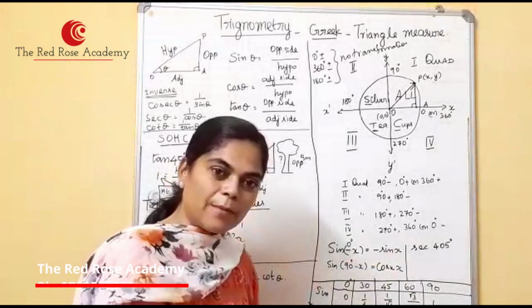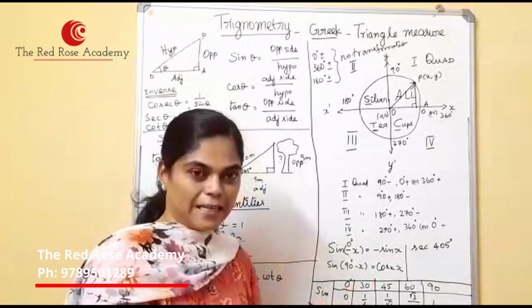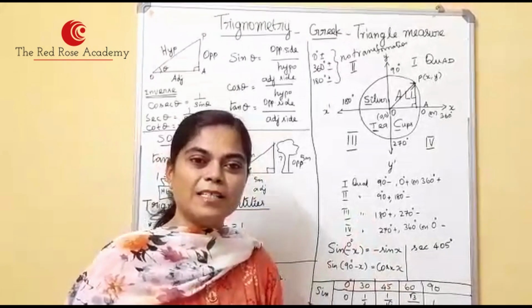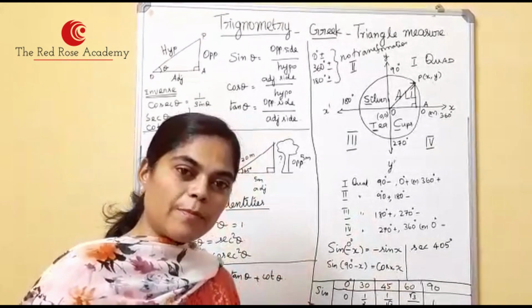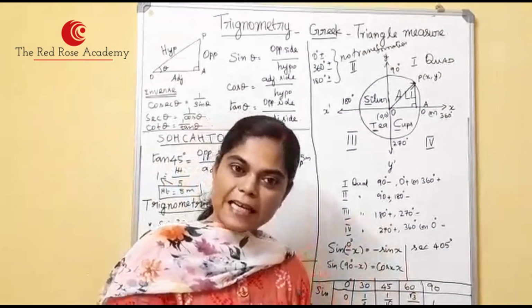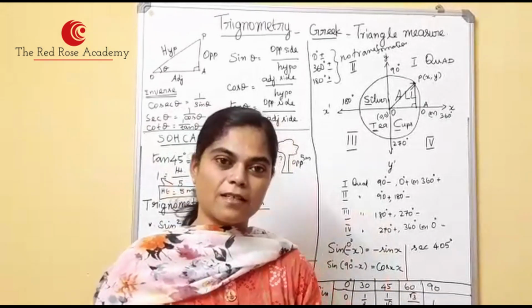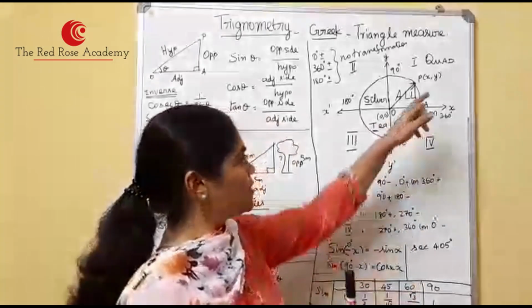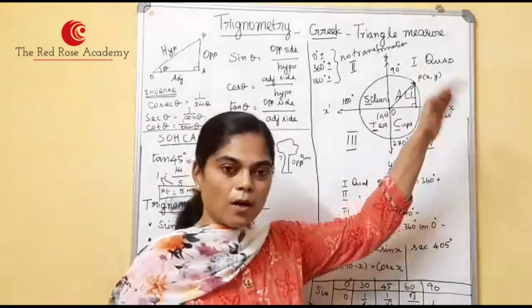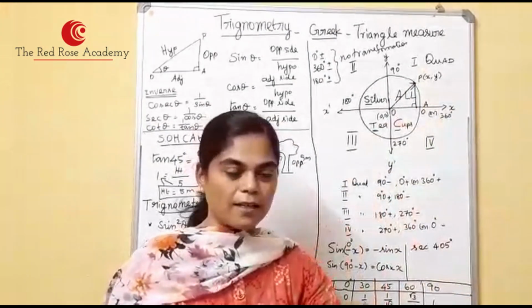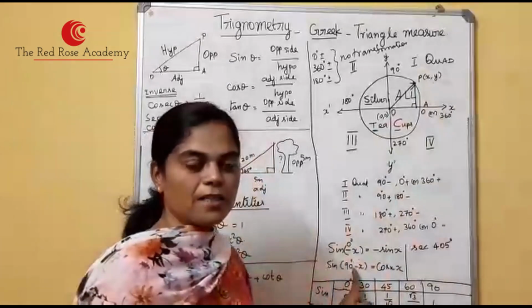What is cos 90 minus x? Sin x. What is tan 90 minus x? Cot x. Cot 90 minus x? Tan x. Secant 90 minus x? Cosecant x. Cosecant 90 minus x? Secant x. So all these come under the first quadrant. In the first quadrant all are positive, but transformation occurs for 90 plus or minus degree.